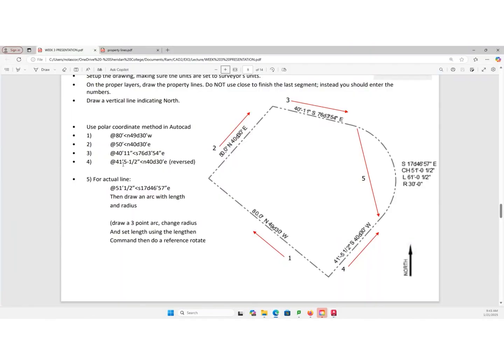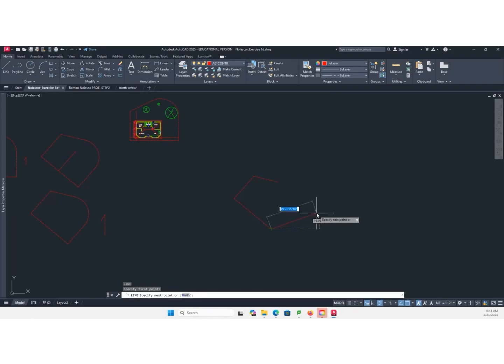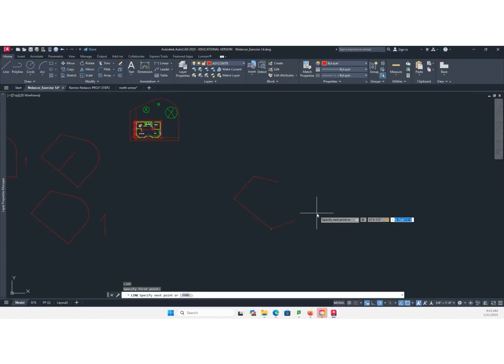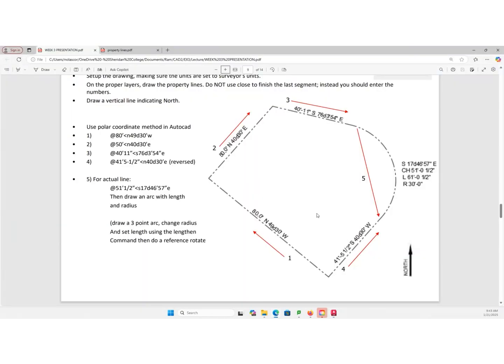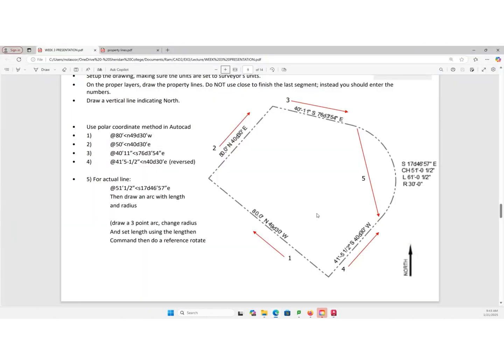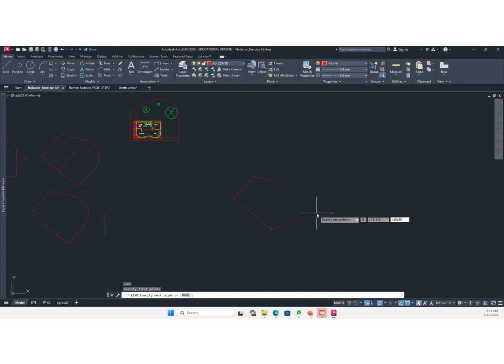Line 4 is at 41 feet, 5.5 inches, less than symbol, north 40D, 30 minutes, east. Enter to end the line command. Good?